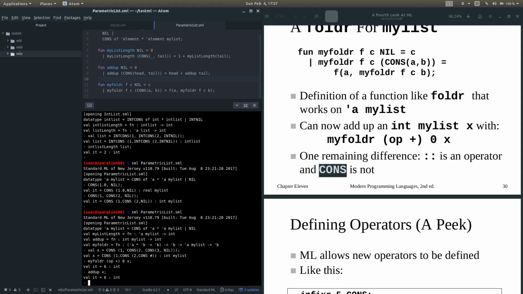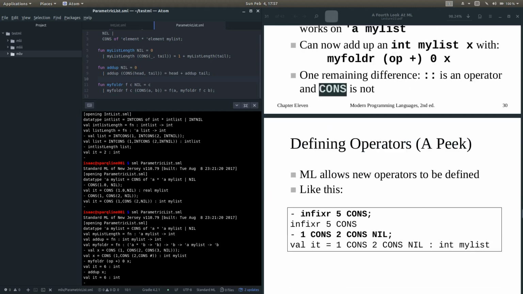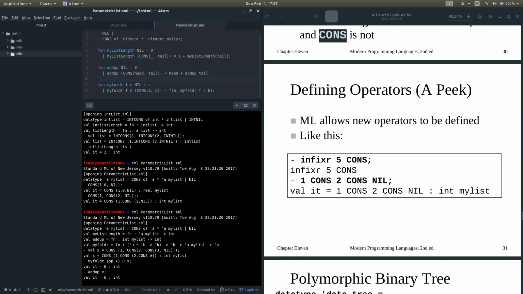Pretty easy day. Now, if we really want to do this, we then can make operators, right? So ML allows new operators to be defined. So, for example, we have infixr 5 cons, right? So we say 1 cons 2 cons nil, right? So we can actually treat cons like it's some sort of magical cons operator, like the double colon, right? So if we were to define this up here,